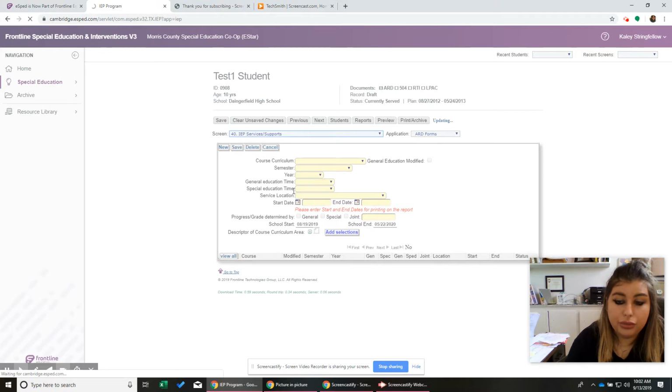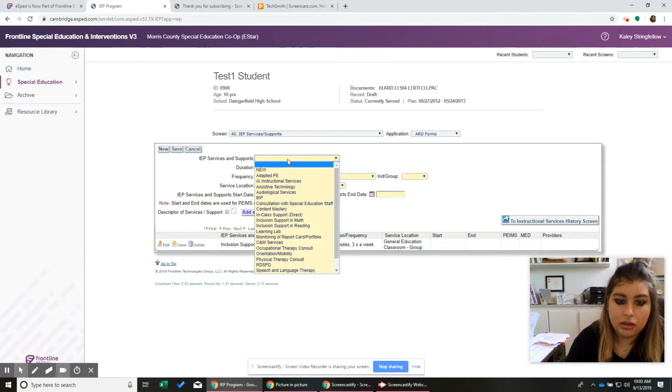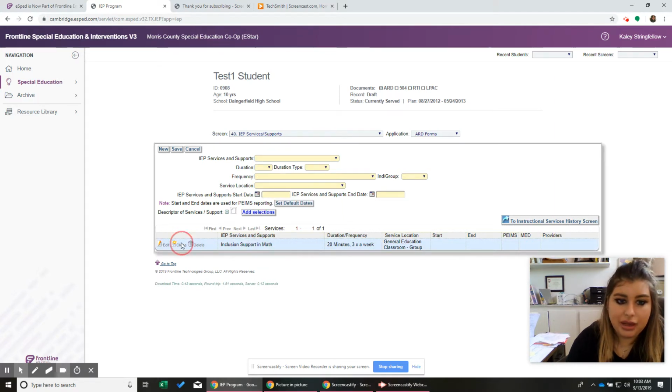That is going to go here. This is where inclusion goes. So you just say new, and then you say in class or inclusion support, in class support, or you can add it. Okay. I would prefer that you didn't say inclusion in core, because what does core mean? To some people, core means math, science, social studies, and English. And then some people say core means just math and English because those are tested. So let's really specify this student, they need it in math. And if you already have it in and you want the same amount of time, you can clone it.